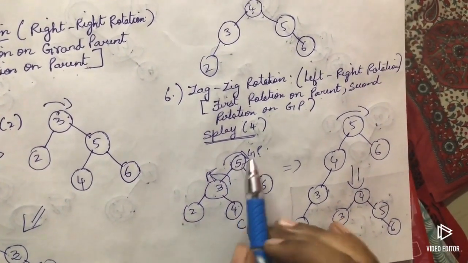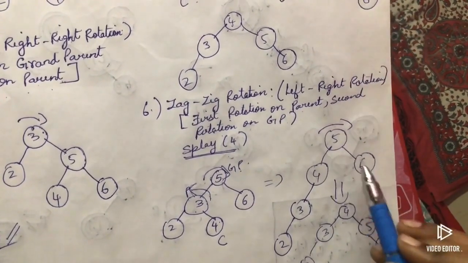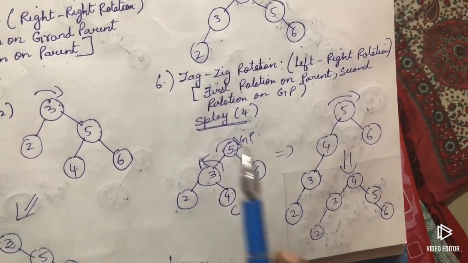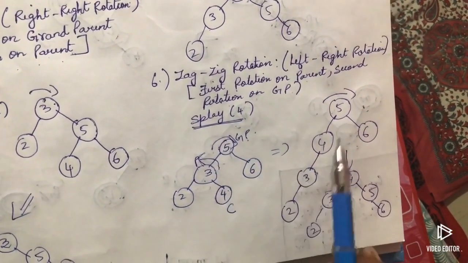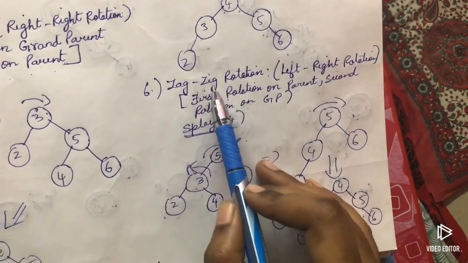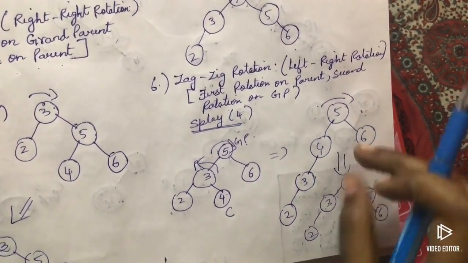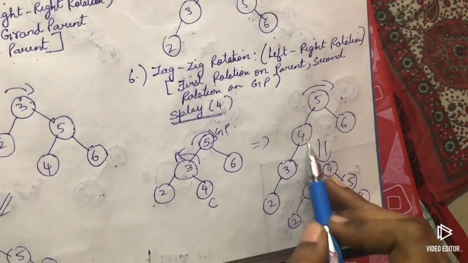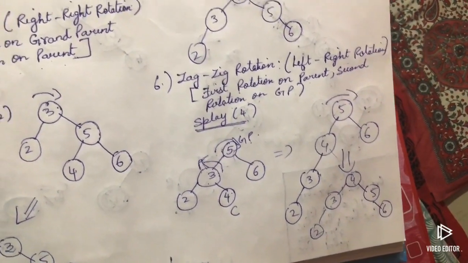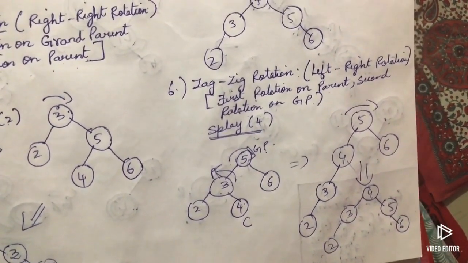So again what they have said, first condition is over. Okay, so you will get this diagram. Only zag rotation has been completed. Now again what I have to do, I have to rotate on the grandparent. Grandparent must be rotated on the right side. Zag rotation completed, now zig rotation. So I am rotating on the right side. If I rotate this right side, it will be attached to the right of 4. So 5 and 6. Next video we will be seeing the insertion and deletion of splay tree.